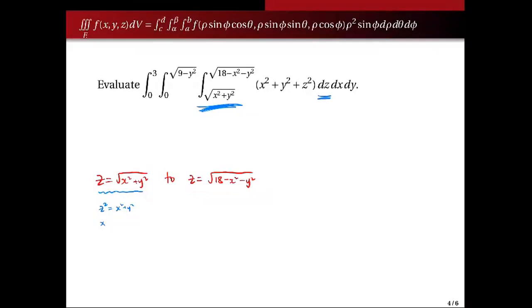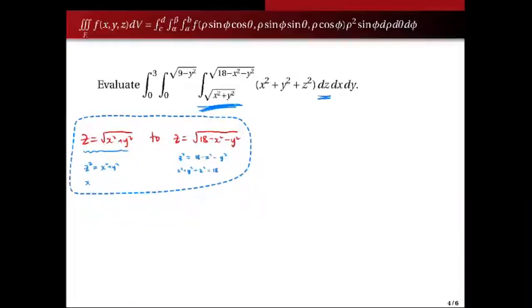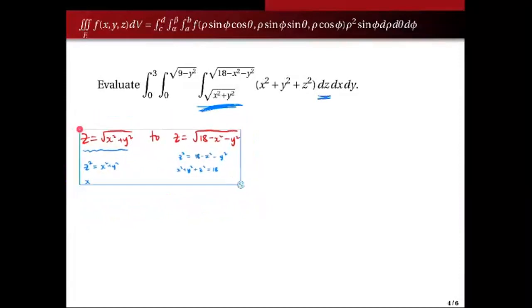So if you check this, this is your z squared equals 18 minus x squared minus y squared. So you will have x squared plus y squared plus z squared equals 18. So that's a portion of the sphere. Okay, so if we try to sketch these two guys here,